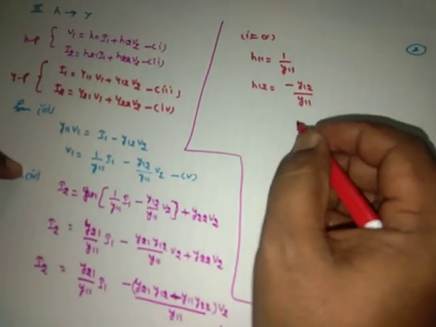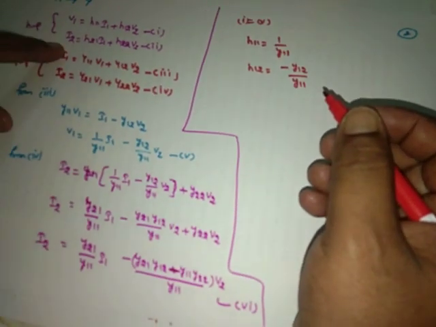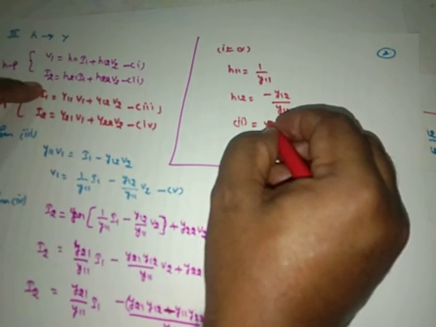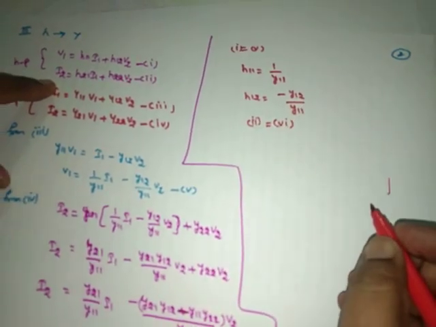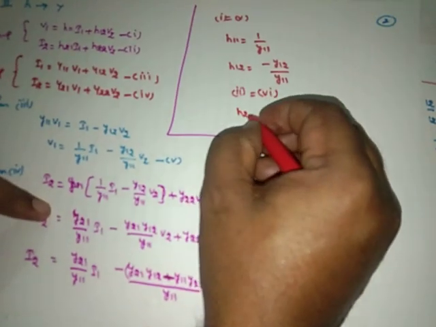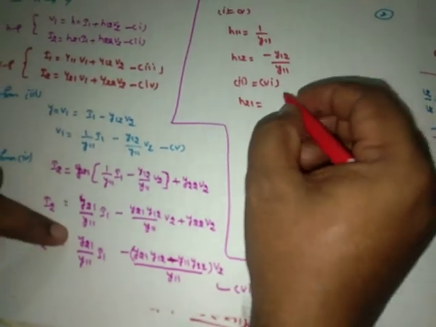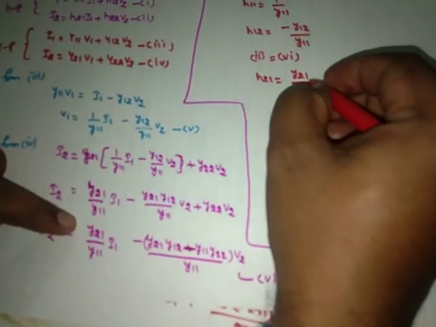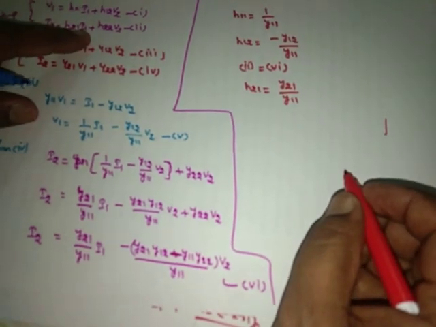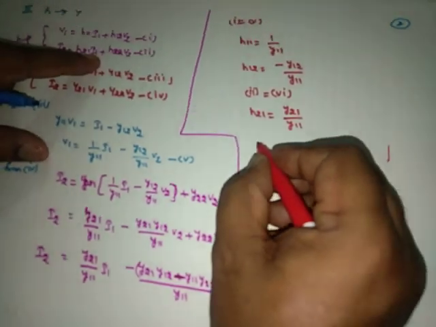Now similarly compare second with 6. Second is equal to 6. So I2 is equal to h21 is equal to y21 by y11. Then again h22 is equal to